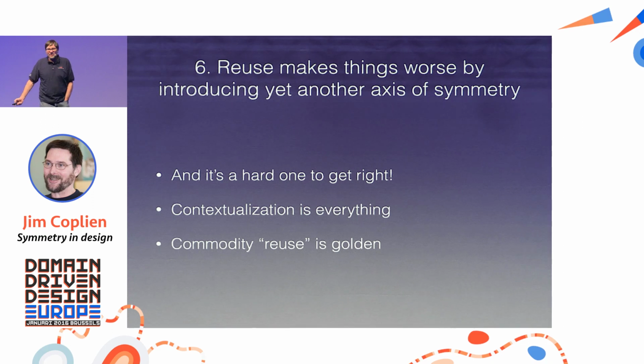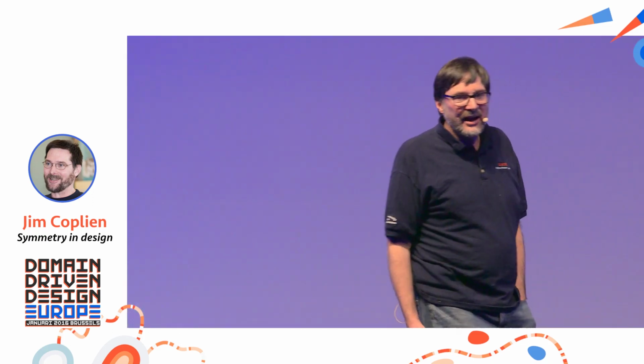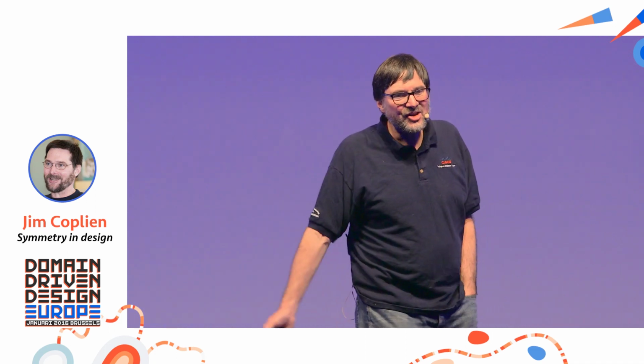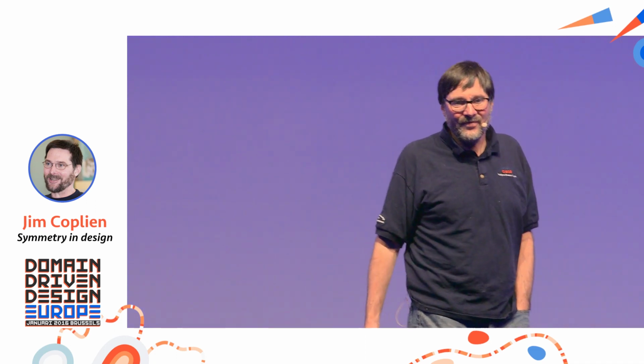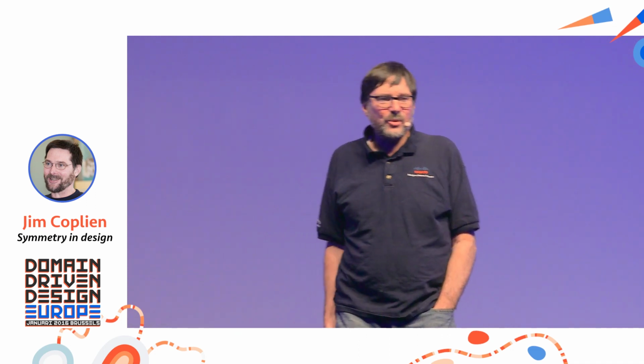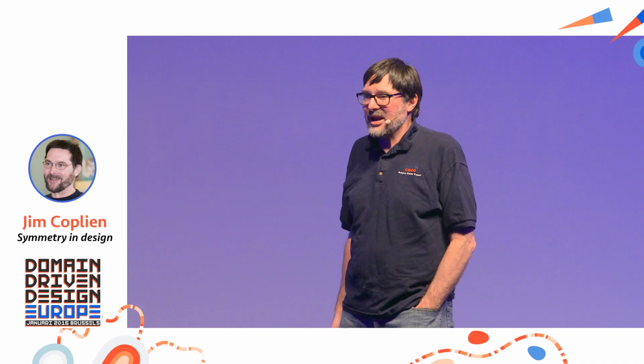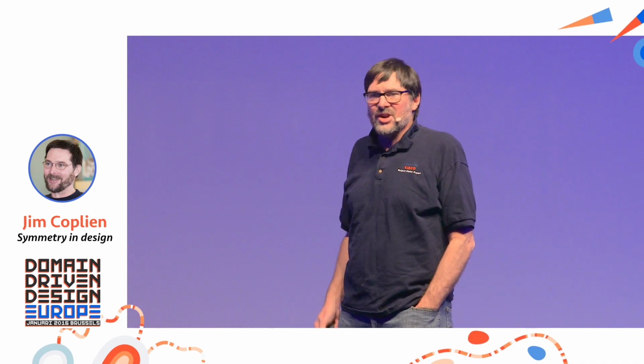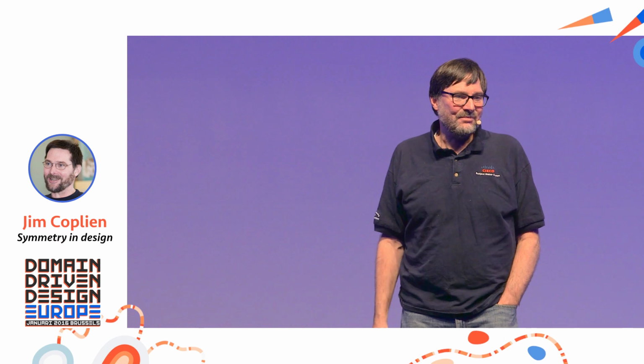I mean, commodity reuse is okay. You're going to reuse something that's been tested by 1 million people, used by 1 million people, like Linux or a compiler. That's commodity reuse. That has value. But to try to design for reuse, there's a lot of literature that says this is folly. Read the literature by Will Tracz, T-R-A-C-Z, who says that you don't design for reuse. You do good design, and reuse is a consequence of good design, a potential consequence of good design.